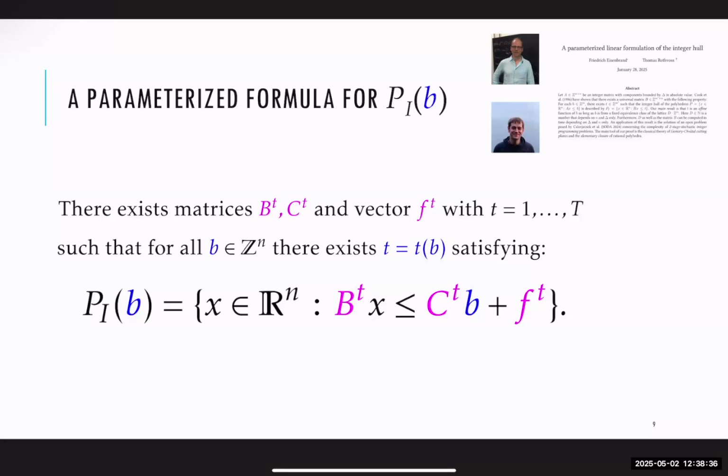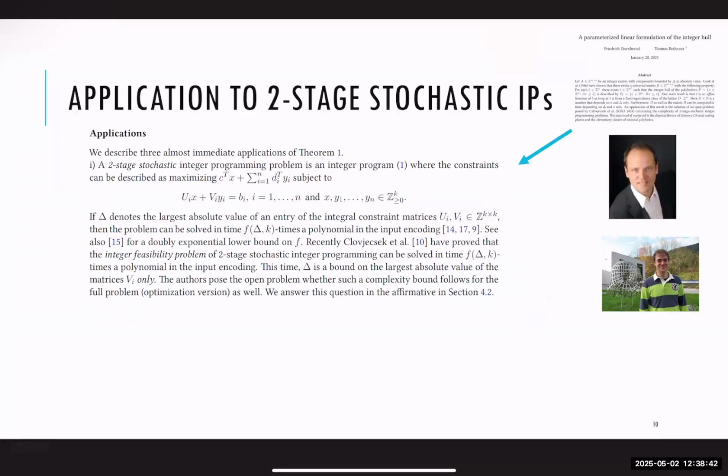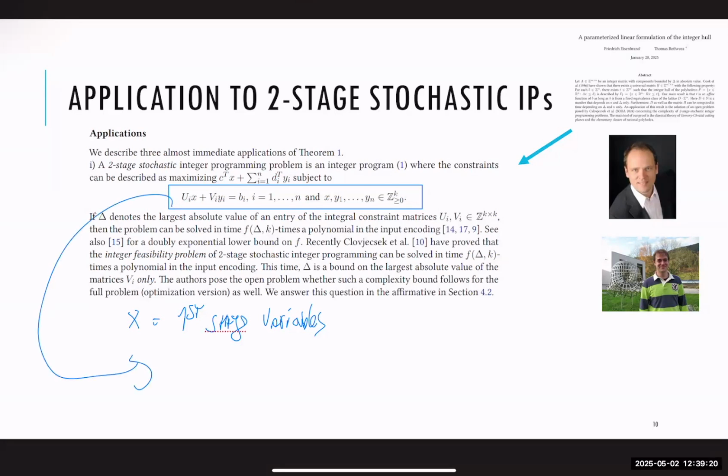And well, this has some applications that we can find in this paper, just to see how you can use this type of result. And the application is as follows. They apply this to two-stage stochastic integer programs. And the idea is that in stochastic integer programs, you have these constraints, this polyhedron, and notice that this polyhedron has integer variables, y. So x are the first stage variables. So if you fix that first stage variable, then this polyhedron you can